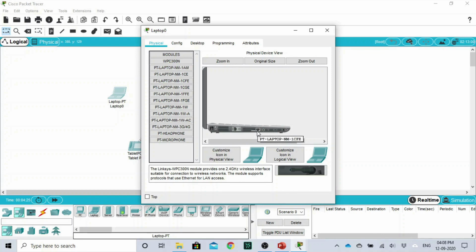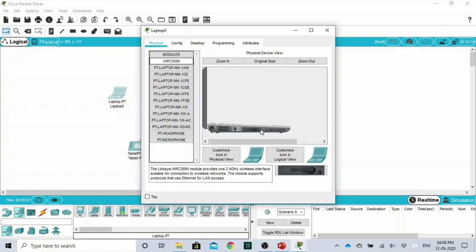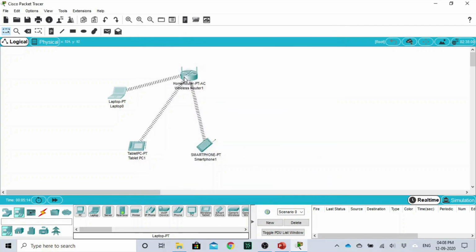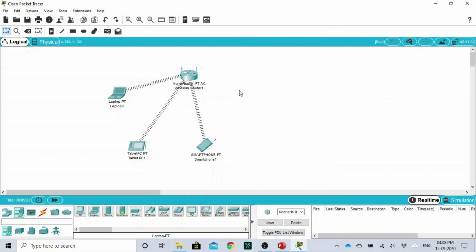So I've got a LAN connection here. I'm just removing the LAN port and connecting a wireless device to this laptop. So how I did it, I clicked on this device, I moved it to this green area so that it got empty. Now these are the different modules which I can connect to this laptop. I'll be choosing this and connecting it here, and then I switch on the laptop, close, wait, see, a connectivity got created. Okay, so this is how you create a wireless connection to a laptop.